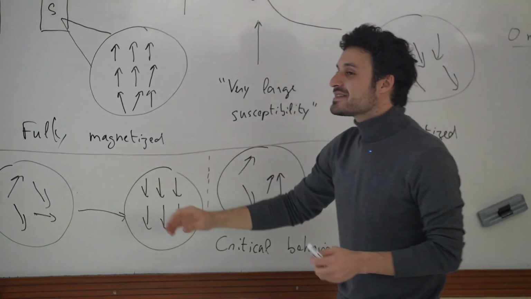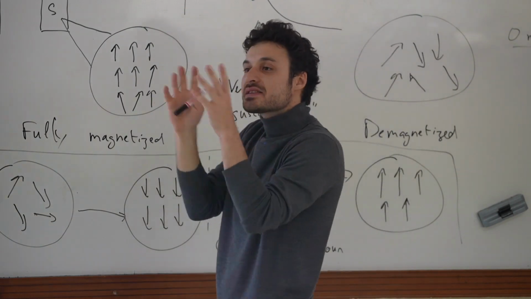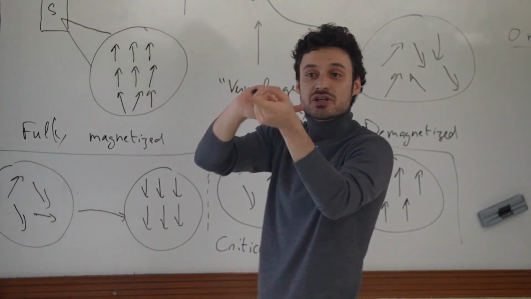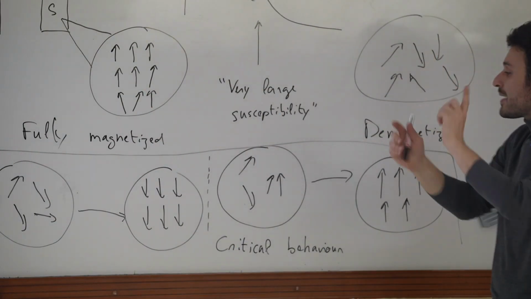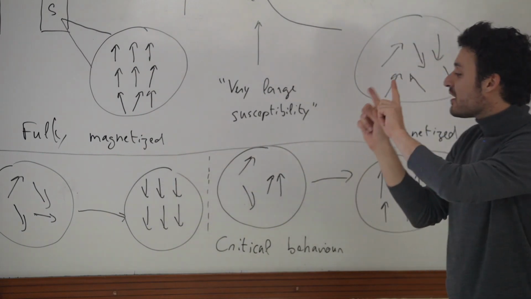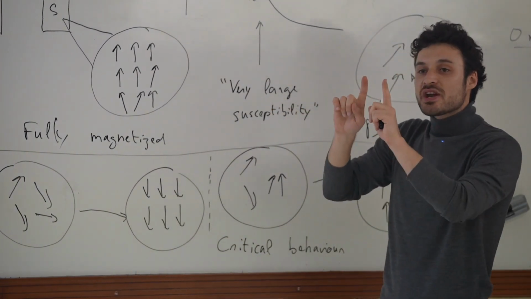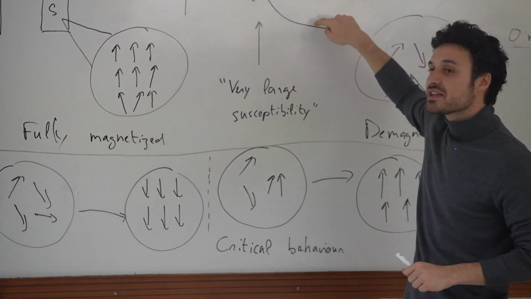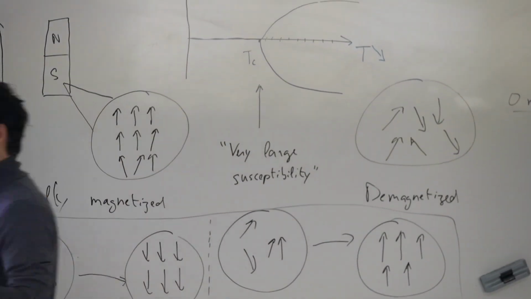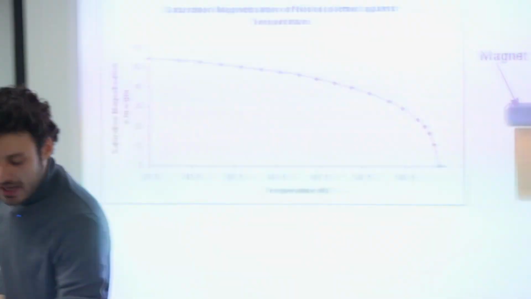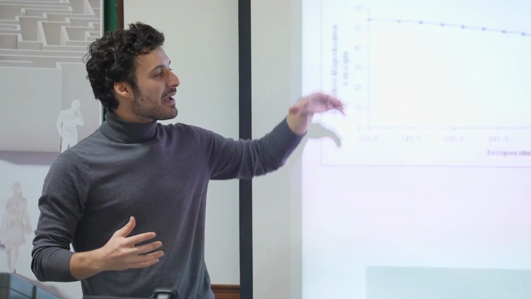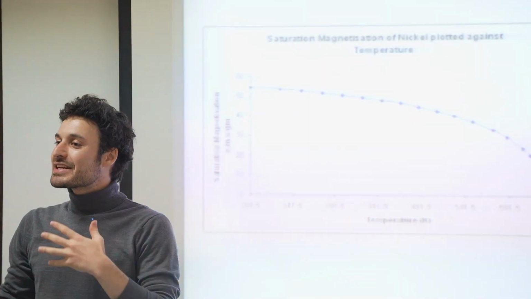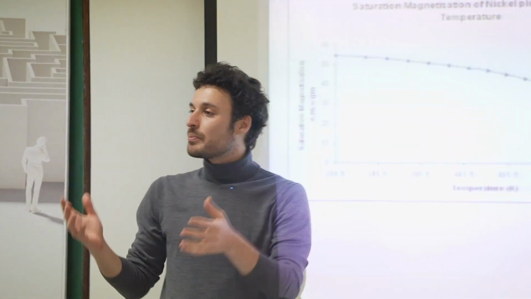So what's going to happen is that if a few of the magnets within the system start to align in one direction, and they will do so randomly, just because temperature fluctuates the directions of all the magnets, well, if a few of these align randomly, then that small fluctuation is going to have the effect of pushing the whole system on this branch or on this branch. So this is basically the deep physics behind these critical phenomena: suddenly you have a system that is incredibly sensitive to tiny microscopic changes.